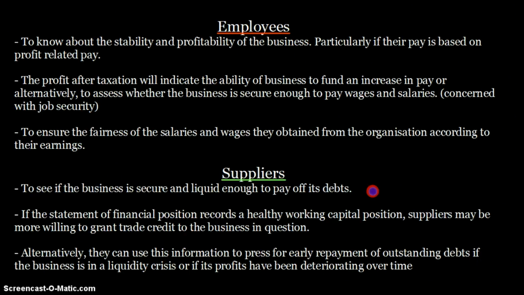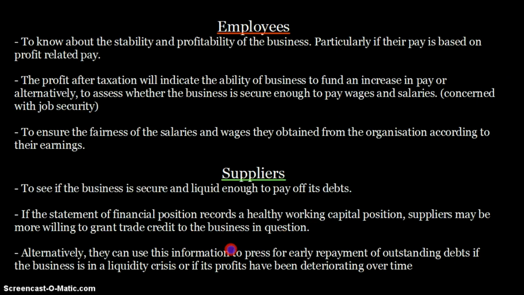So the suppliers would want to see if the business has enough liquidity to pay off its debts in the near future as well. If the statement of financial position records a healthy working capital position, suppliers may be more willing to grant trade credit to the business in question. So if they see the business has quite a good working capital, a quite large number of current assets as compared to current liabilities,